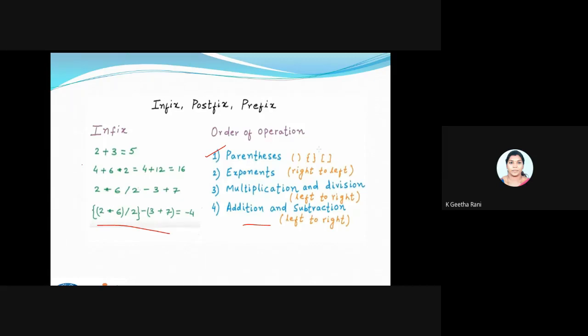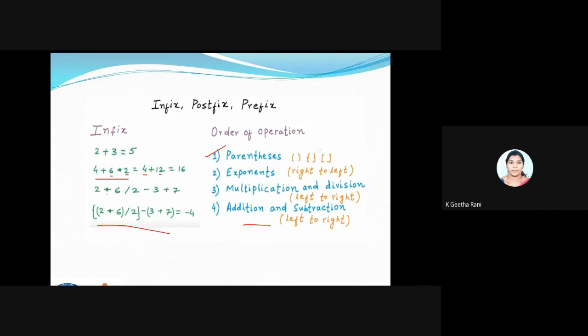This again is going to have an equal priority. You can see an example here, like 2 plus 3. I'm having only one operator and two operands, so the answer is going to be 5. Now I'm having 4 plus 6 star 2. I'm going to follow the order of operations here. So first my multiplication comes, then comes my division. For this multiplication, this is my operand and this is my operand. So 6 into 2, 12. For addition, 4 is my operand and 12 is my operand. So I'm getting an answer 16. Fine. So next one is